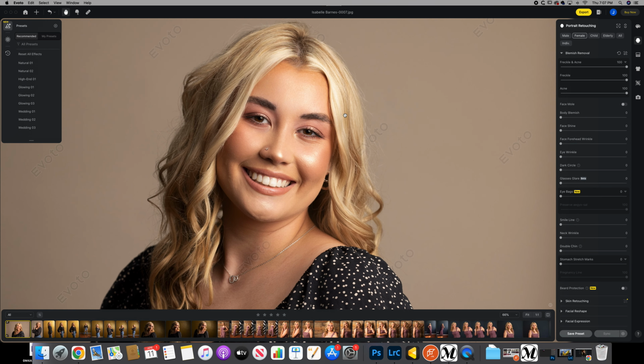I'm shooting her on a backdrop here so we can crop that. The other thing we can do though is we can actually change the backdrop if we want to do that. It'll cut her out and change the backdrop. There's a lot in here. I don't usually do something like this, like that looks super fake to me, but you can actually upload your own if you want, and be able to put those in there. And there is a transparent so you can cut it out. And it does a fairly good job with the hair and stuff like that. But anyway, again, I don't usually change the backdrop,